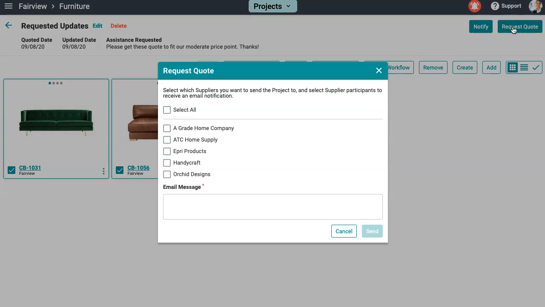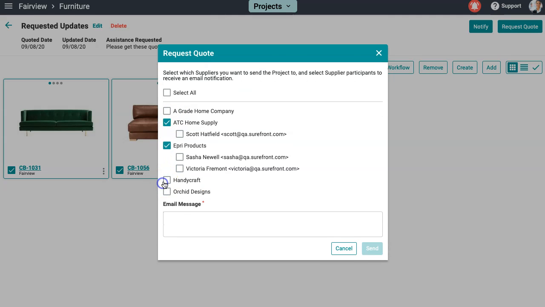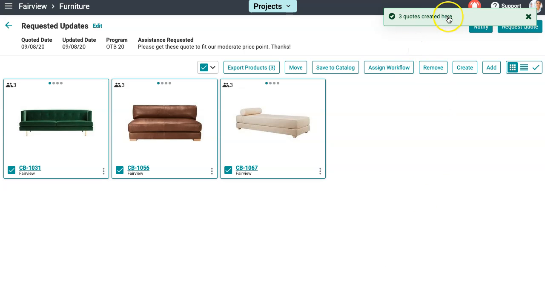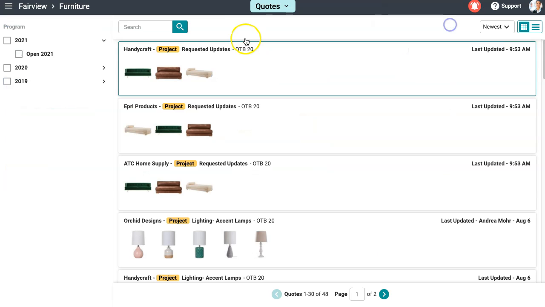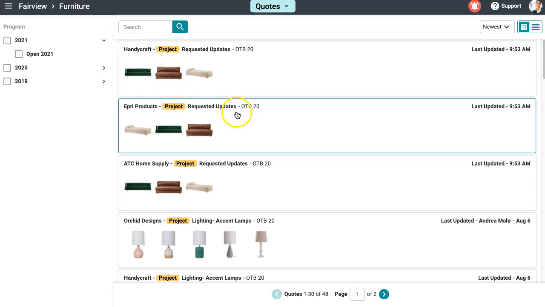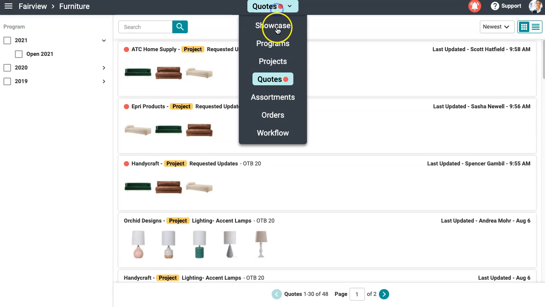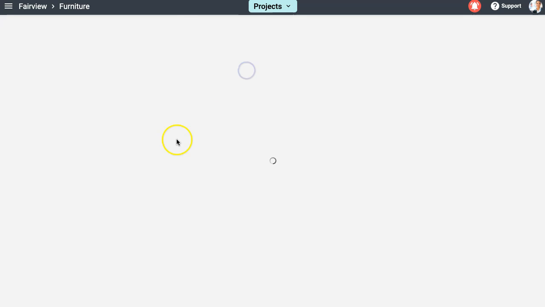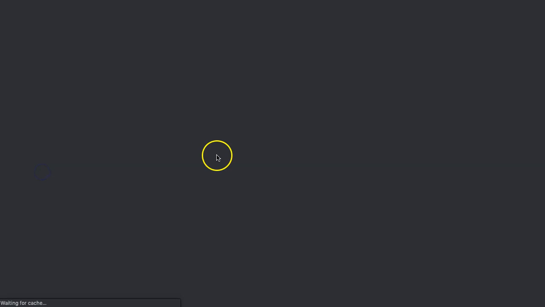In the pop-up window, you will see all the suppliers you can request further information from. Write a quick email message and at the bottom, press send. A green notification will appear that this has now been transferred over to your quote center to view for individual suppliers. Once you receive pricing from your suppliers, you can send it back to your team members by heading into